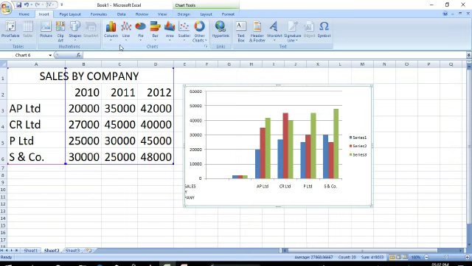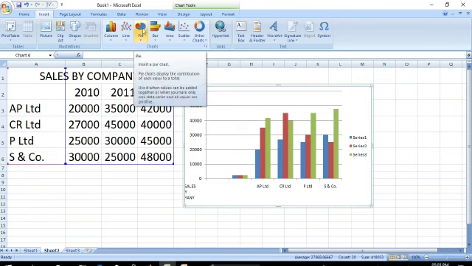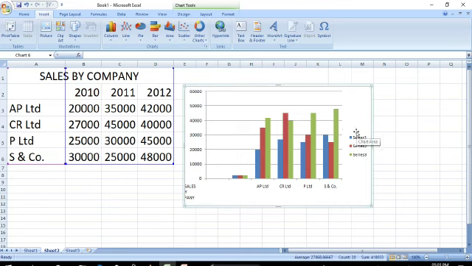Okay children, now I will show you how to create a chart sheet. See, this is an embedded chart because we created the chart using the insert chart type method. So the chart is created as an embedded chart. When we use the F11 function key, you will get a chart sheet.